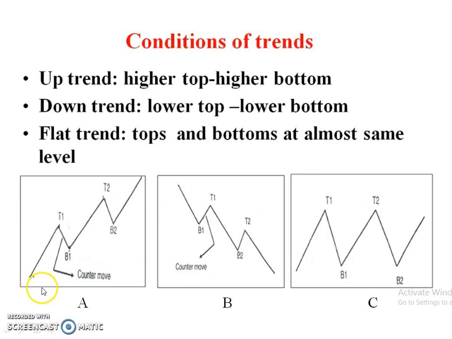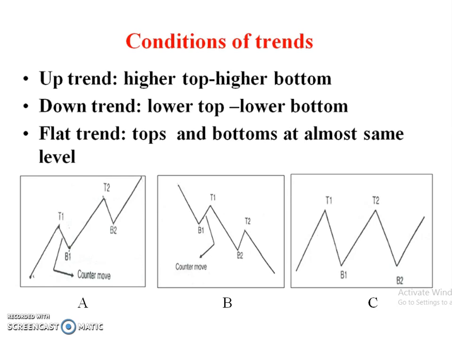The uptrend is identified by higher tops and higher bottoms in the price movement, as shown in the left figure. The price at top T2 is more than the price at top T1, and the bottom B2 is more than the bottom B1. This forms higher top and higher bottom. If you observe higher tops and higher bottoms in the price chart, then the trend is identified as rising trend,